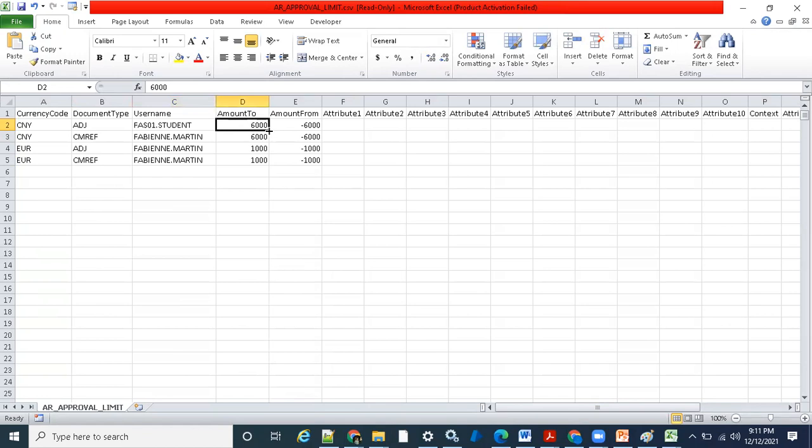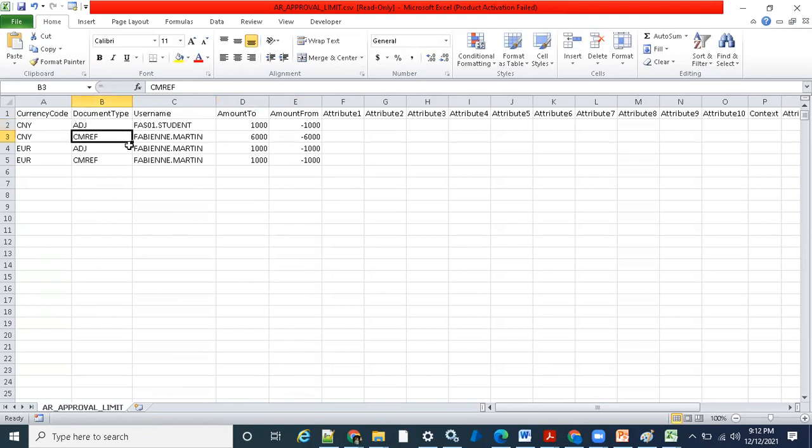Amount 2 is nothing but the positive side, and amount from is the negative side. Let me put it as 1,000, and here as 1,000. So we are essentially configuring an approval limit for FA01 in